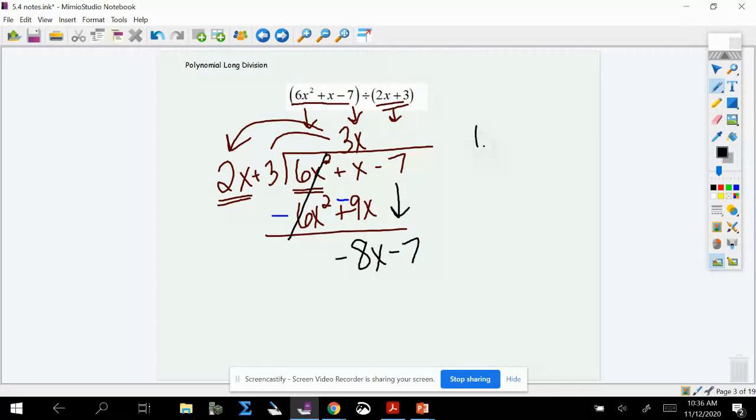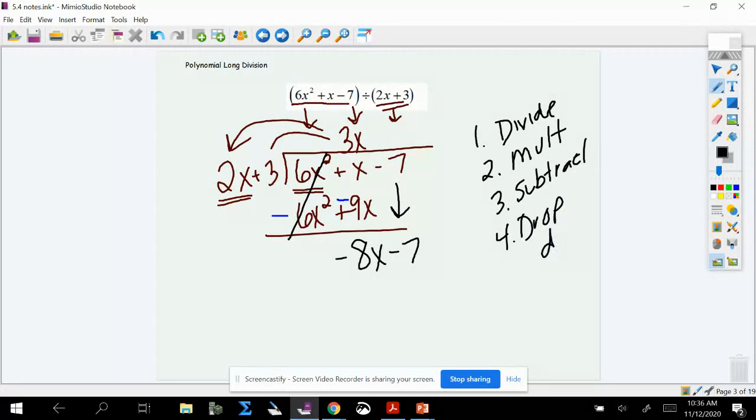So you are figuring out what you get when you divide. You're going to multiply by that value. You're going to subtract, which is going to involve changing signs. And then you are going to drop down. And once that is done, you repeat. So it's a lot of multiply, subtract, drop down, repeat. Multiply, subtract, drop down, repeat. So repeat. We need to figure out, what do I multiply 2x by to get it to be a negative